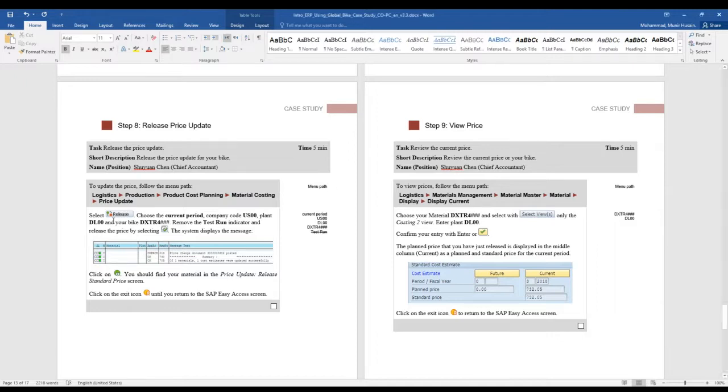Okay, so once you press release, and then now after I press release, I will say execute again. Remember these sequence steps is very important. First you have to press release, then you enter this one, and then you have to remove test run and execute. So now if I execute,